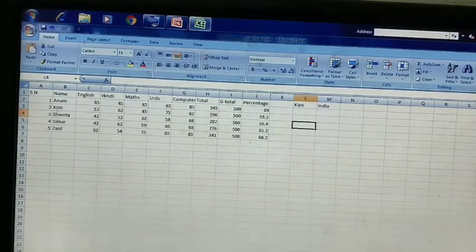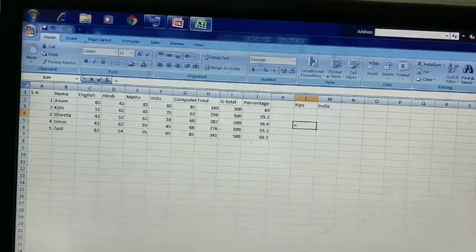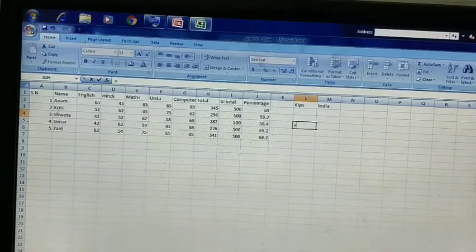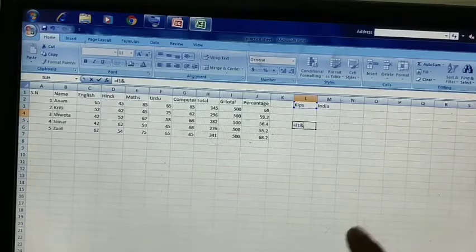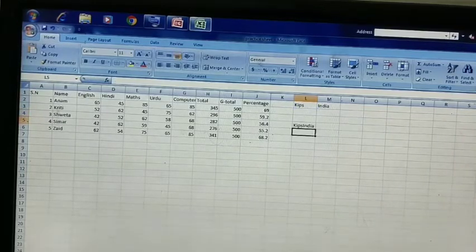So for this, as I told you, for every task, for every formula, you need to press the equal to sign. So I have pressed the equal to sign, and now I have written KIPS in the column L and the row number is 1. So I am typing L1. After this, you need to press end. It is known as ampersand. And then the next cell address, and I have written India in M column and one row. Then press enter. So you can see KIPS India is together. So when you take text from different cells and keep them in one cell, it is known as concatenation.